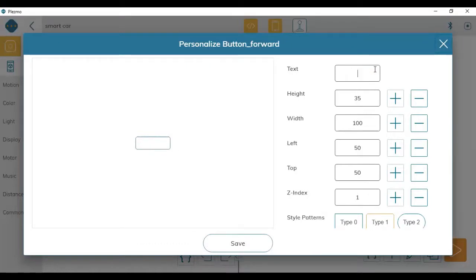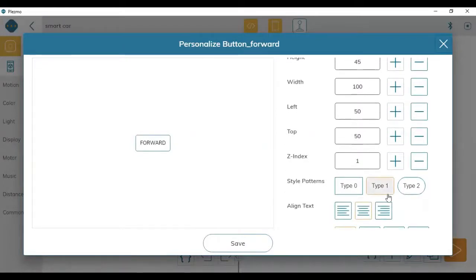I want to display only Forward. And here you can increase or decrease the height of the box also, for example like this. I'm taking it as 45. And when you scroll down, you can see the patterns of the boxes also. Fine, so I'm taking this one.